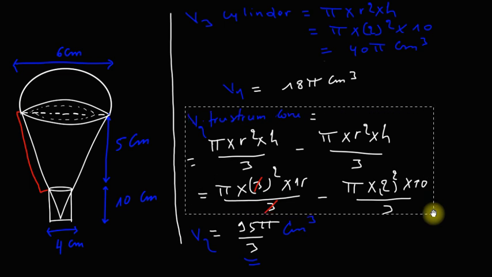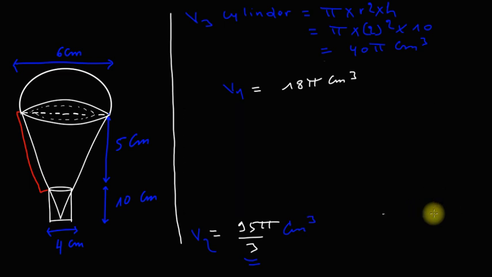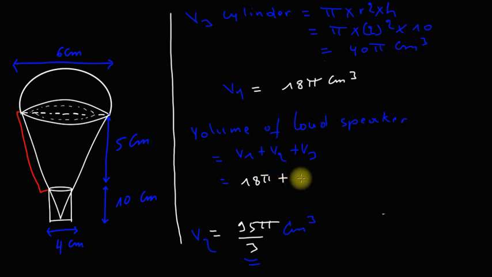Okay, the volume of the loudspeaker is equal to volume 1 plus volume 2 plus volume 3, which is equal to 18 times pi plus 95 pi over 3